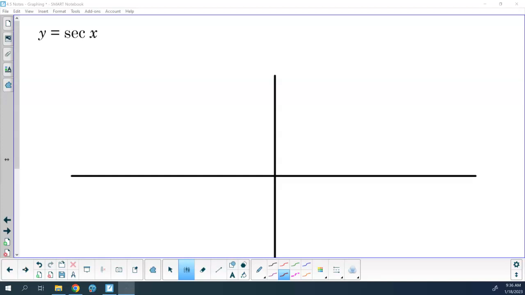Secant is what? What is secant? Inverse of cosine, so 1 over cosine? So we're 1 over cosine here. Yeah? So once again, where is cosine equal to 0? Let me say this way. So the secant of x is undefined